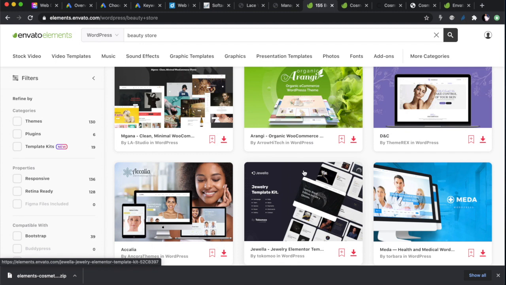So this is not one of those where if you cancel your membership, things stop working. No, you can cancel your membership, and everything you've downloaded up to the time you've canceled your membership, you can keep. Okay, but you can't reuse it. So if I had downloaded a website and I did it for client A and then I cancel my membership, I can't reuse it for client B. Okay, if I want to use it for client B, I have to come back, get another membership and re-download it. And trust me, they have a way of finding out these things because this is the internet. Nothing is hidden on the internet.